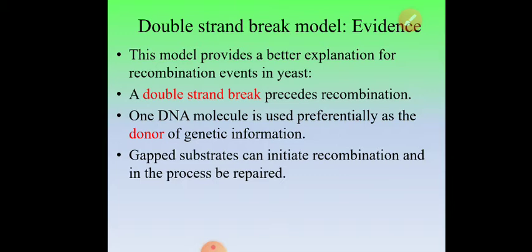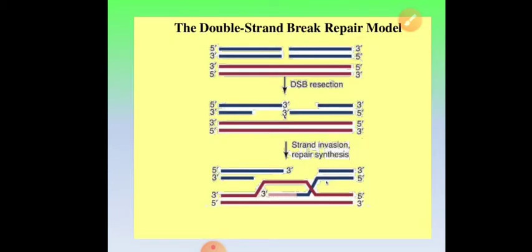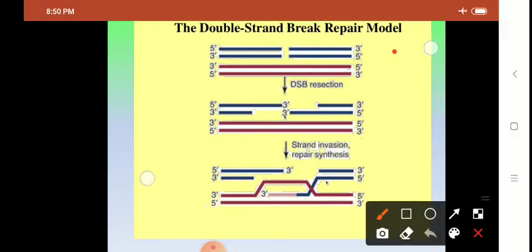One DNA molecule is preferentially used as a donor of genetic information. Okay, there is one duplex wherein the break occurs in both the strands. There is another duplex which serves as a donor. The gap substrates can initiate recombination and a repair process is required. So now you can see a double stranded break repair model. Right. Look at the first